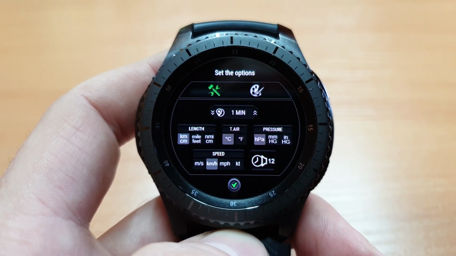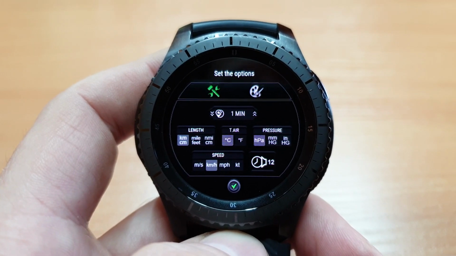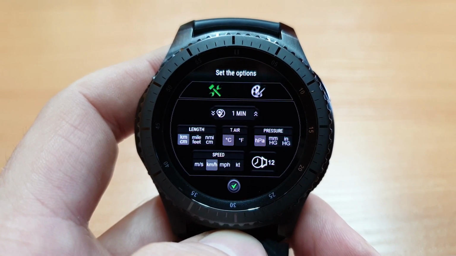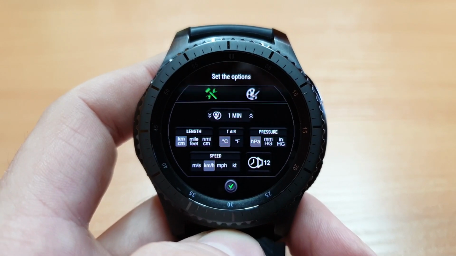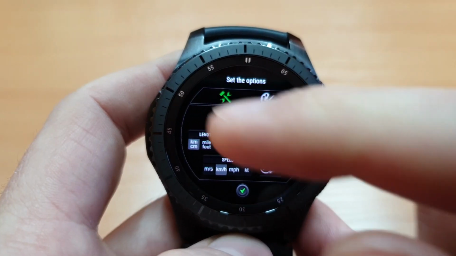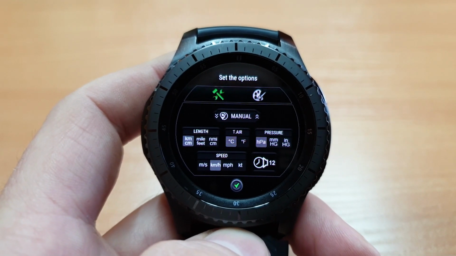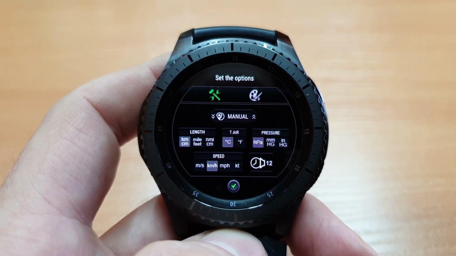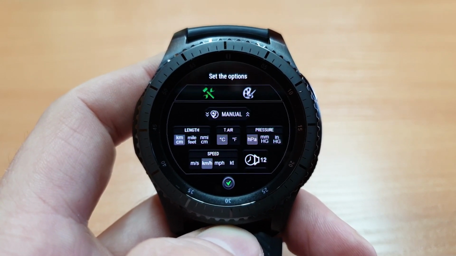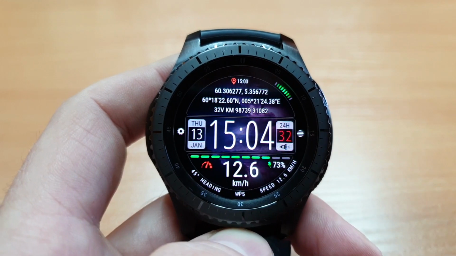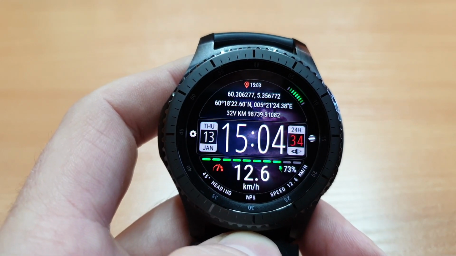If you do not need information about the speed and direction of movement at the moment, then set the GPS update interval of 5 minutes or more. The second important note: work with coordinates and counting of steps is carried out in the background, even if you switch to another watch face. Therefore, before switching to another watch face, it makes sense to disable automatic GPS updates in the options menu of this watch face.